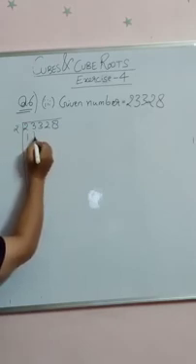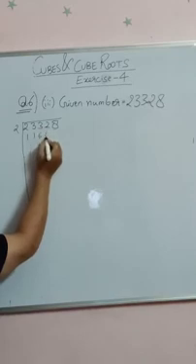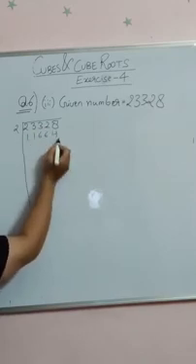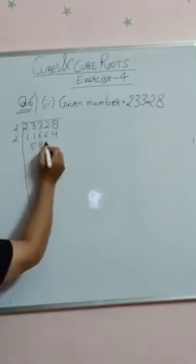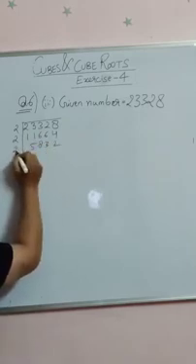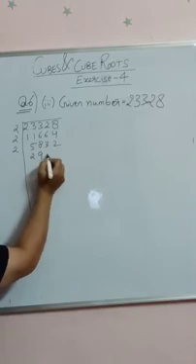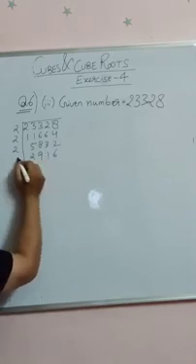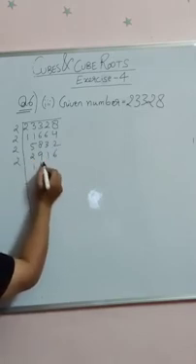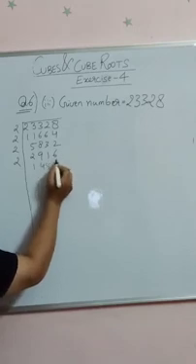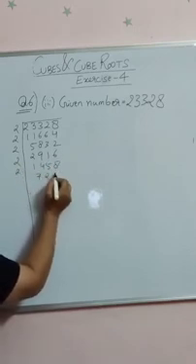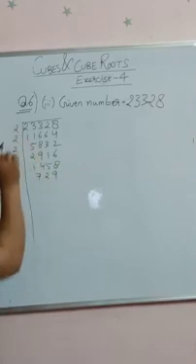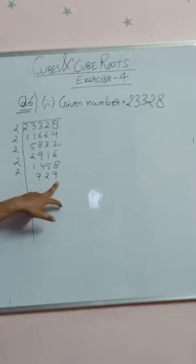2 ones are 2, 2 ones are 2, 1 is left, 2 6s are 12, 2 4s are 8. Again even numbers, so 2 again, 2 5s are 10, 2 8s are 16, 2 3s are 6, 2 2s are 4, 2 9s are 18, 2 1s are 2, 2 6s are 12, 2 4s are 8, 2 5s are 10, 2 8s are 16, 2 7s are 14, 2 9s are 18. So I continued with 2 until an odd number was obtained.